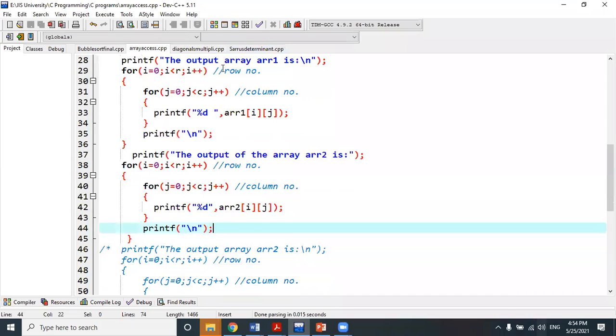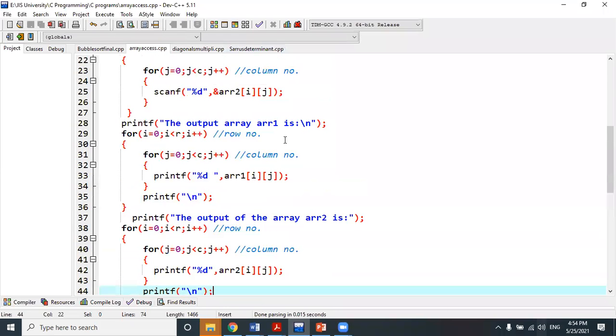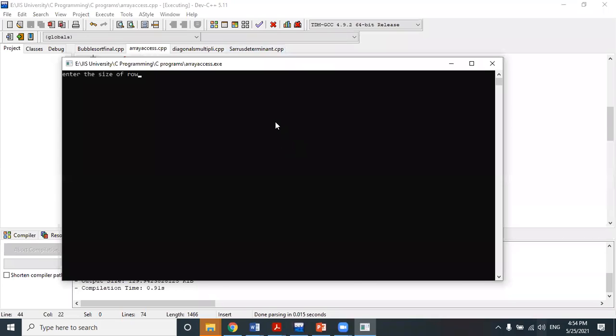Okay. So if we run this code, enter the size of the row. Okay, 3. The size of the column, 3. So for both matrices, array 1 and array 2, I have given 3 cross 3. That means array 1 will require a total of 9 elements, and array 2 will also require 9 elements. So I am giving the 9 elements: 1, 2, 3, 4, 5, 6, 7, 8, 9.